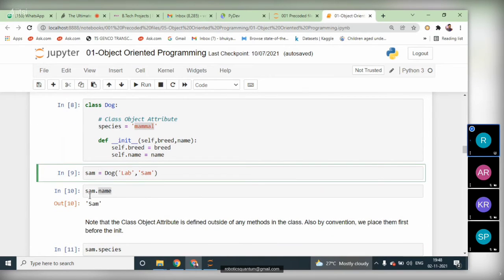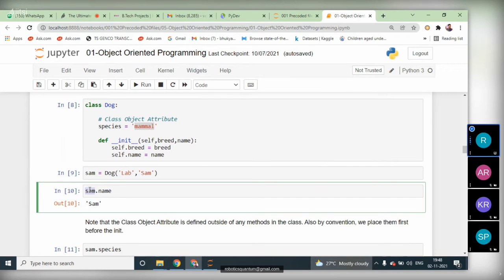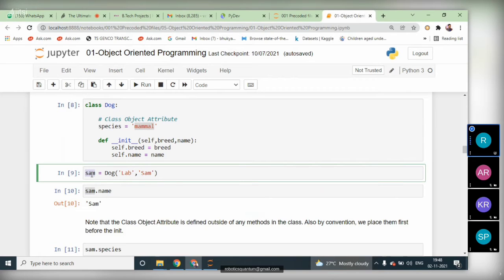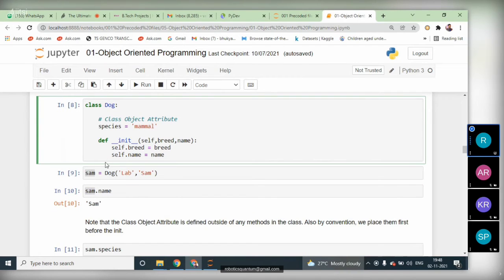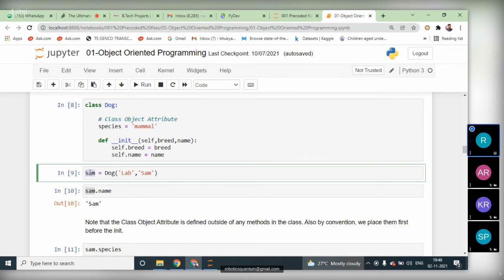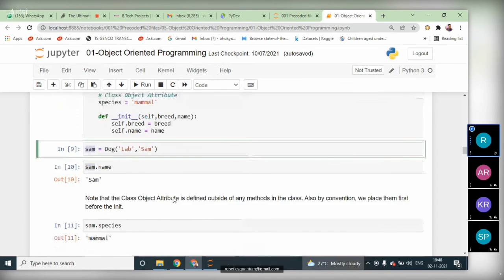See, we are accessing instance variables with the help of the object reference variable. Here Sam is an object reference variable. We are creating a reference to access the members of the class, and with this reference we are accessing those members. Okay, instead of using the class name, we can directly call them with the help of the object reference variable. This object reference variable has a direct relation with the class name, because only with that class name are we creating this object reference variable.